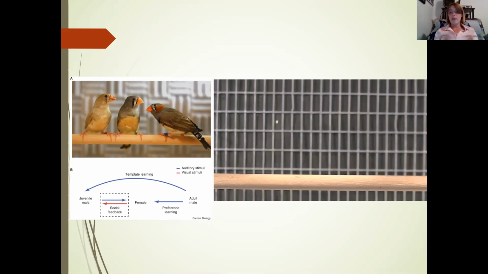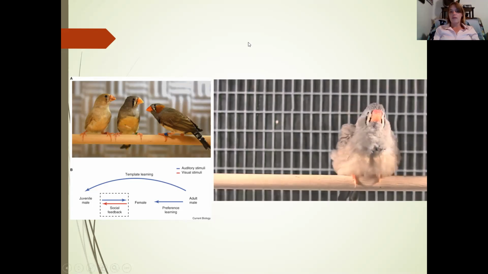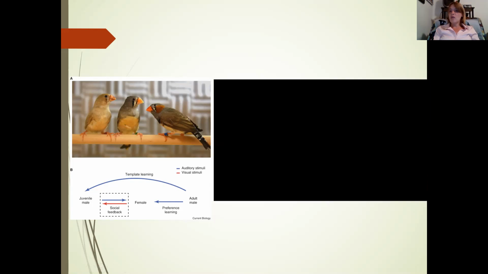Crusoe Peck had a new idea. So she thought that maybe it was a different type of learning. And so what she studied was if males were placed with females, would they learn the proper song? And what she found was that females actually give a cue to males when they sing the correct song. So females, when they hear the thing they want to hear, will make that little puff at the male.